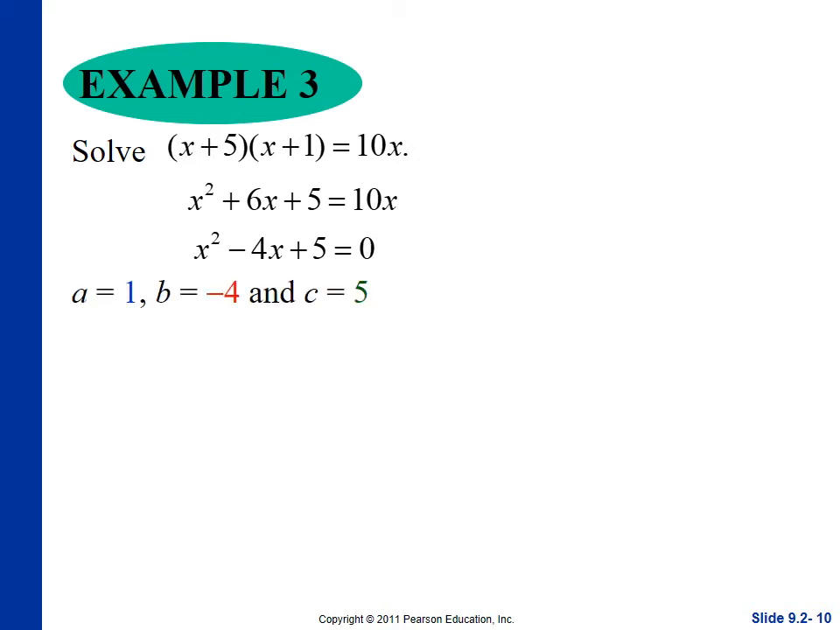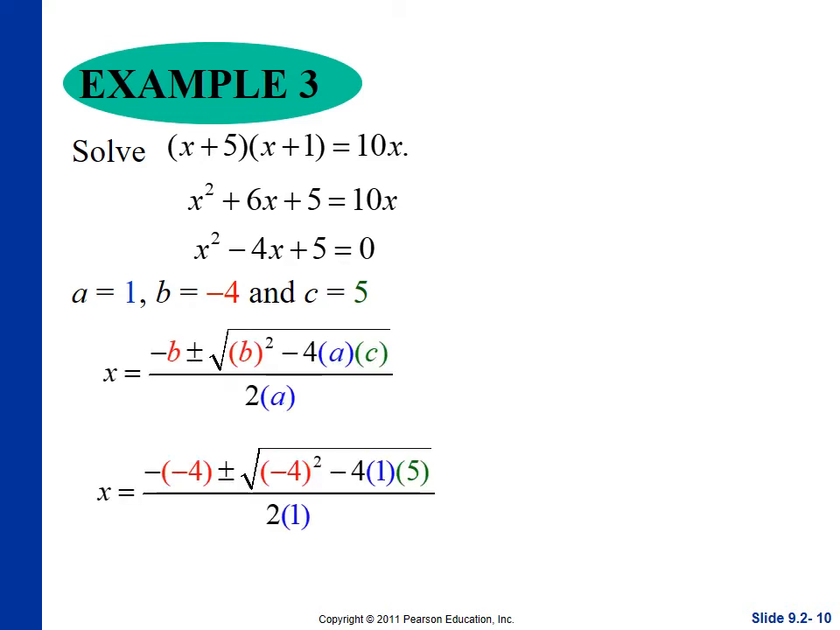So now we end up with 1, negative 4, and 5 as a, b, and c. So we're going to plug in. It's just plugging it in, and now you just simplify it. So 4 plus or minus the square root of 16 minus 20, all over 2. Now, when we have a negative value under the radical sign, in the radicand,